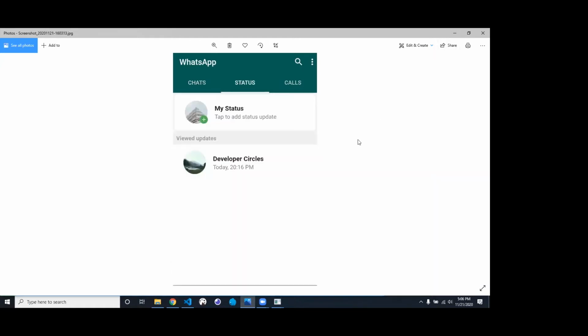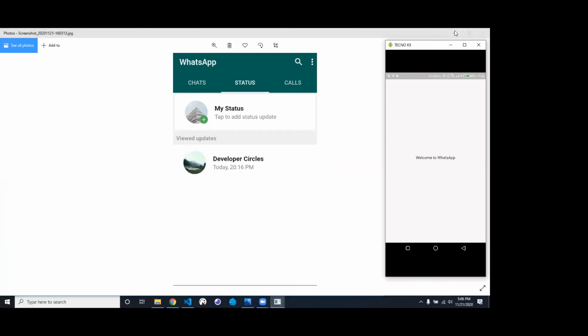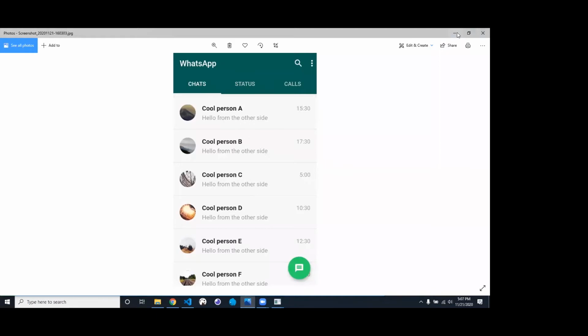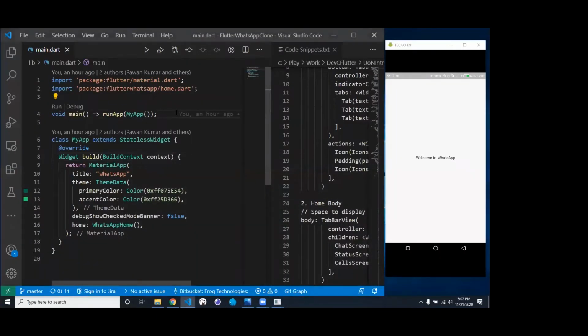And then also, I think here we shall be able to see a few stories that have been posted by developer circles. So from here, we are headed to something that looks like this. Awesome. So for any Flutter application,